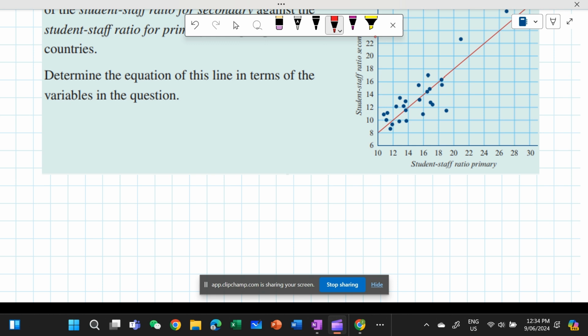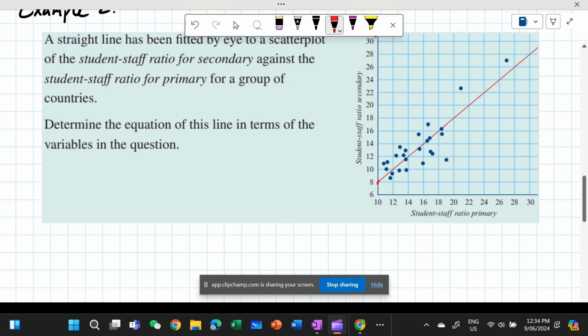So first, we figure out the first point, which will start from (0, 8). And another point will be like here, which I think is (30, 28). So that's good. So (30, 28) and (0, 8). Once we get those two, we can say slope equals